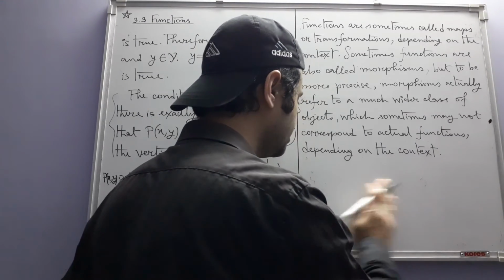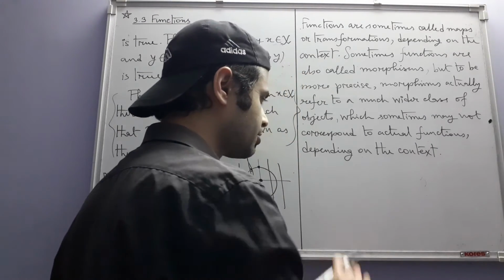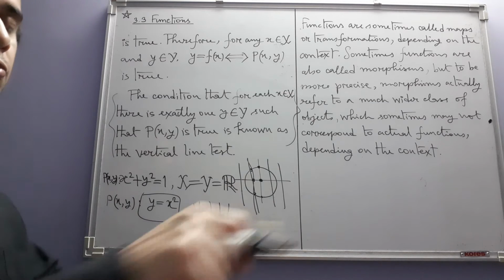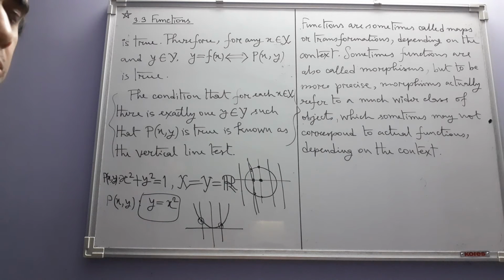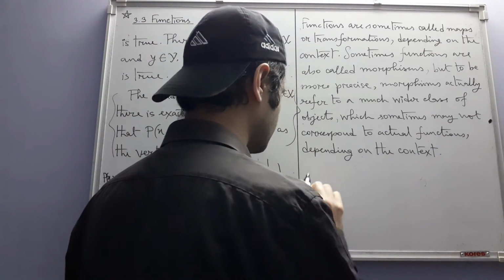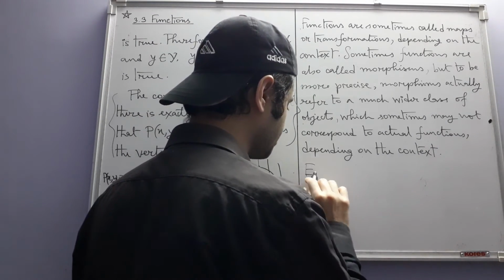In category theory, we study not just these mathematical structures like, for example, a group or a ring, or a topological space. We consider the class of all groups, the category of all groups, the category of all topological spaces, and relationships between categories. So anyway, let us now go to the first example